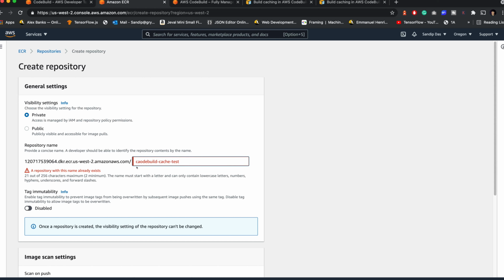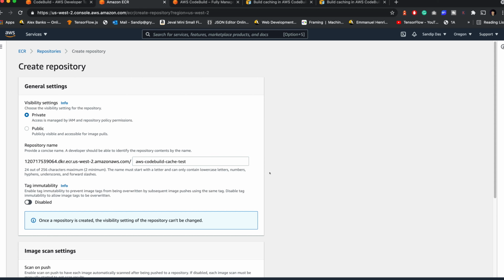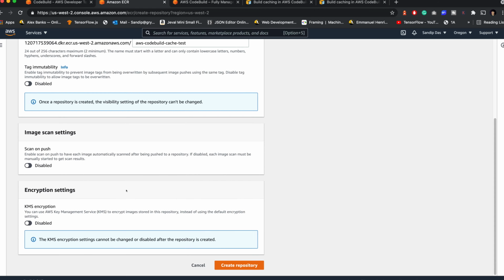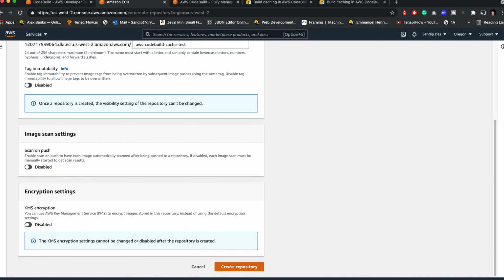I think you're good to go. Now open the repository, and this is the repository name.